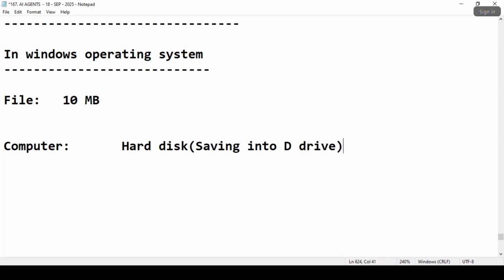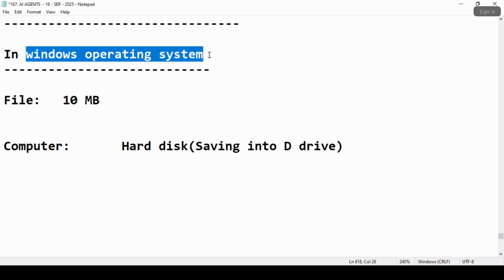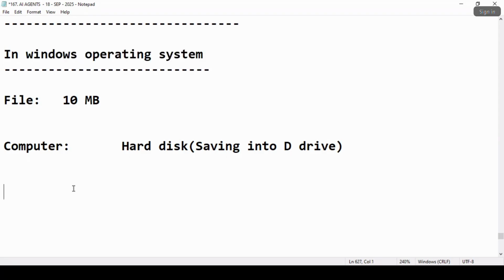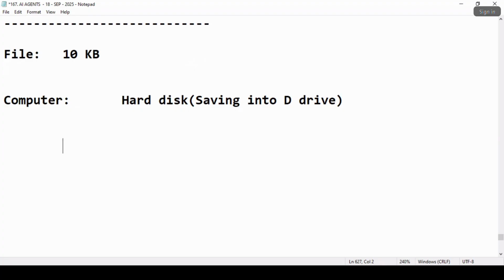Now what happened, sir? The Windows operating system is designed in such a way that it has blocks. Each block can store only 4 KB.